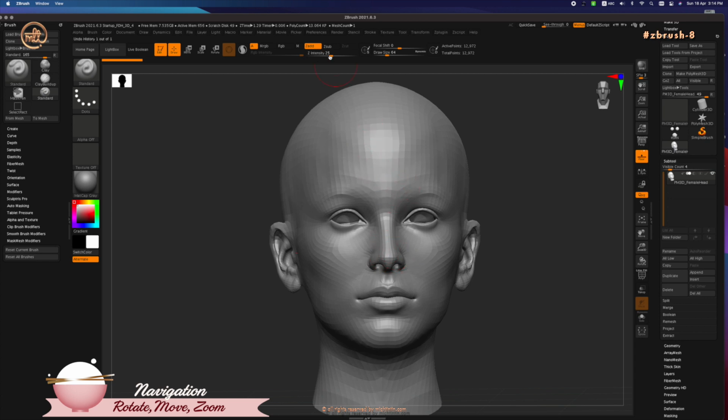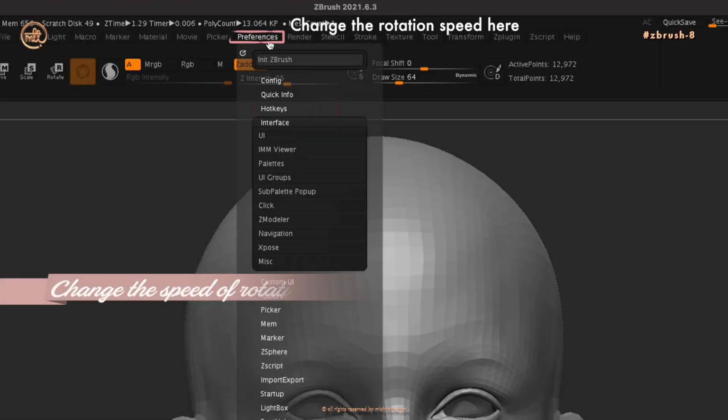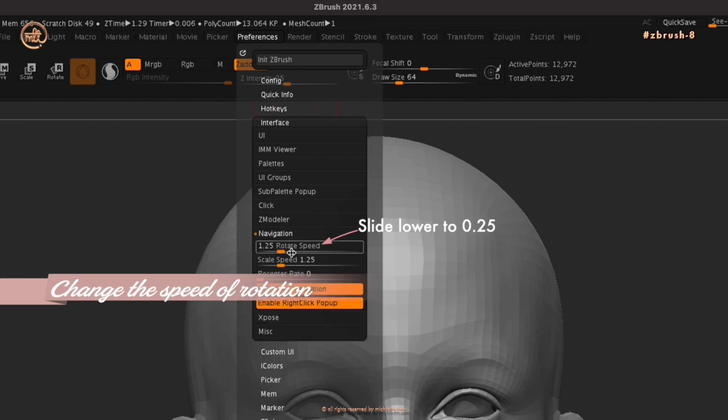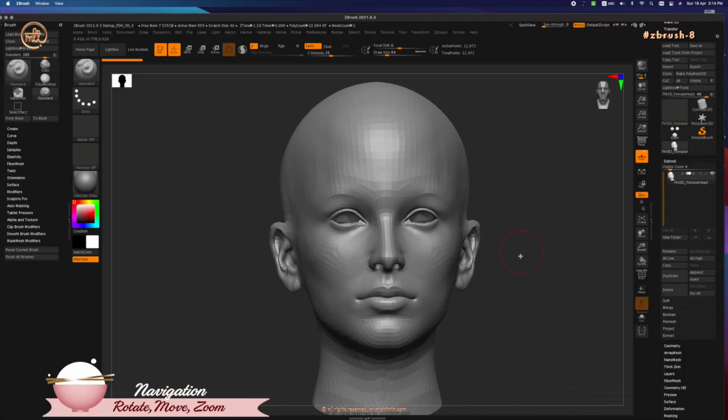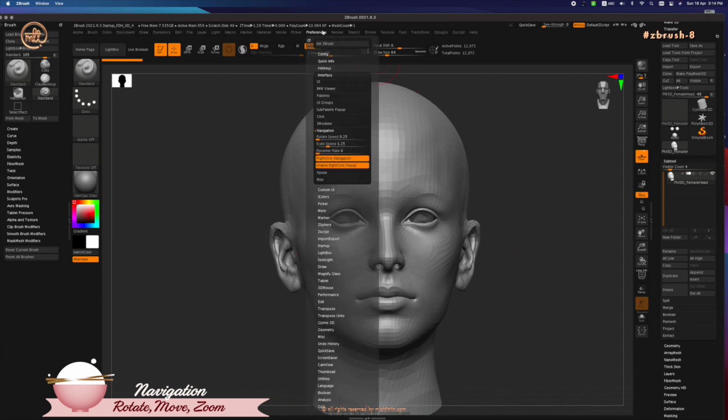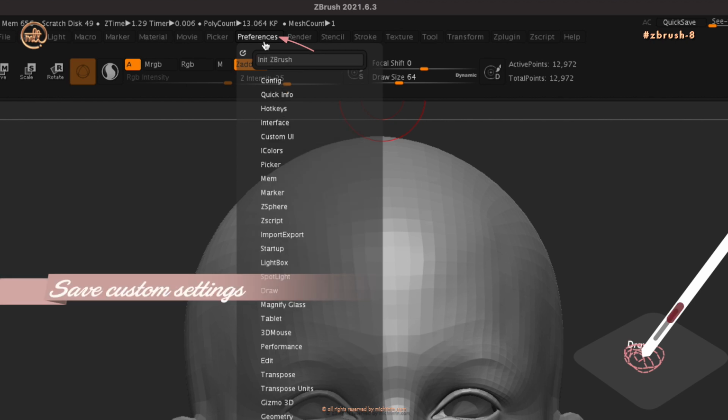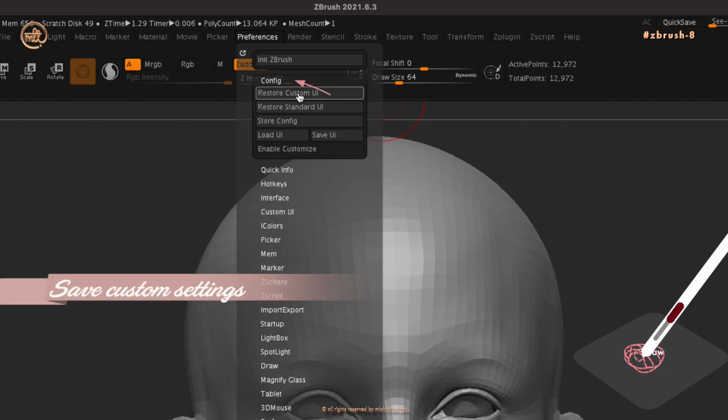If the speed is making you dizzy, you can change it by going under Preferences, Interface, Navigation, and under Rotate Speed, slide the reading to the lowest number of 0.25. If you want ZBrush to remember all your settings next time you start up ZBrush, go under Preferences, Config, and click Store Config.